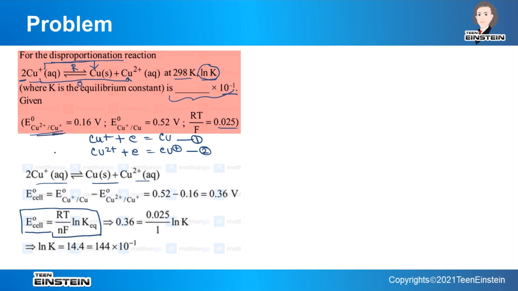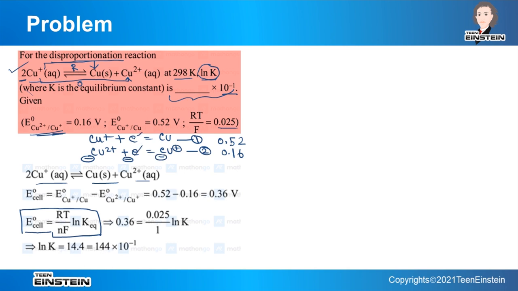One is Cu2+ to Cu+, that is the second one, it is 0.16, and this one is 0.52. Now the disproportionation reaction which is given in the question, how can you get this equation? It is possible only when you are subtracting 2 from 1. Subtracting 2 from 1, then only we can get the equation which is present in the question, because